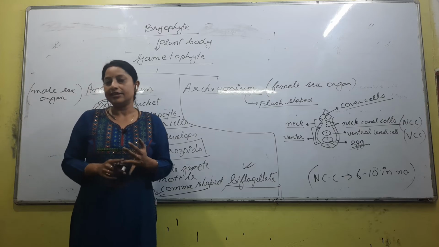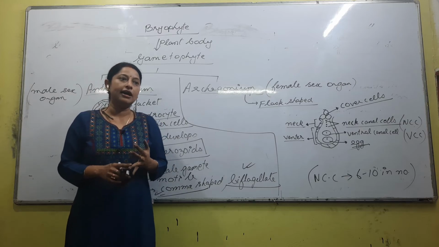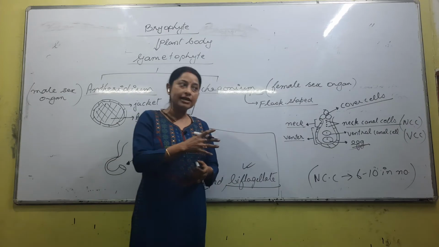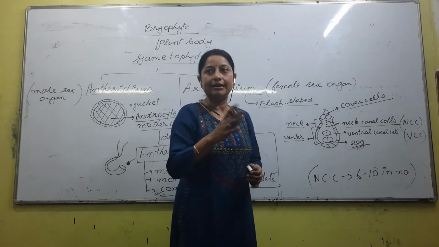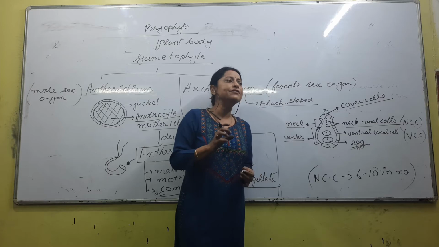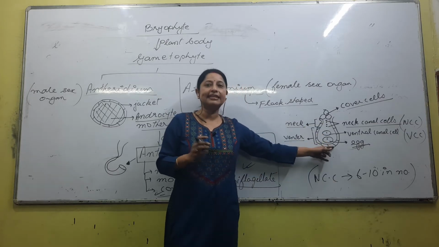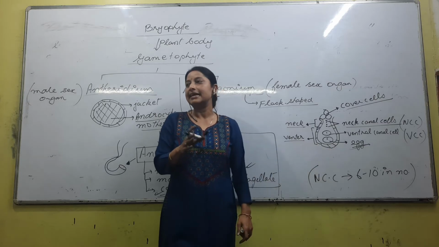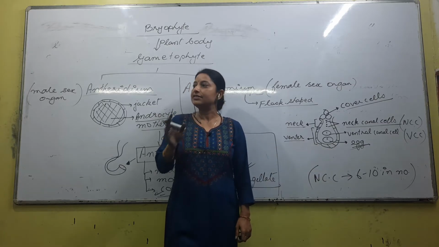Yes. In case of Pteridophytes, what is the structure of the archegonia? Archegonia is always a flask-shaped structure. So in Pteridophytes also it will be flask-shaped, but it will be inverted. If it is an archegonium, then these are the cells that will always be present: neck canal cells, ventral canal cells and the egg cell, both in case of Bryophytes and in case of